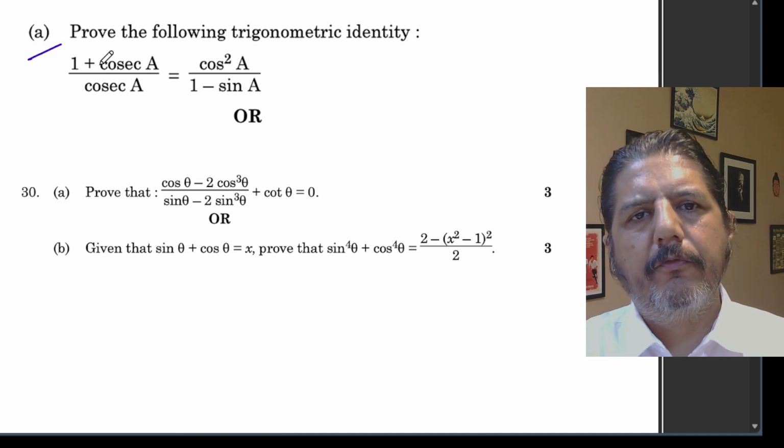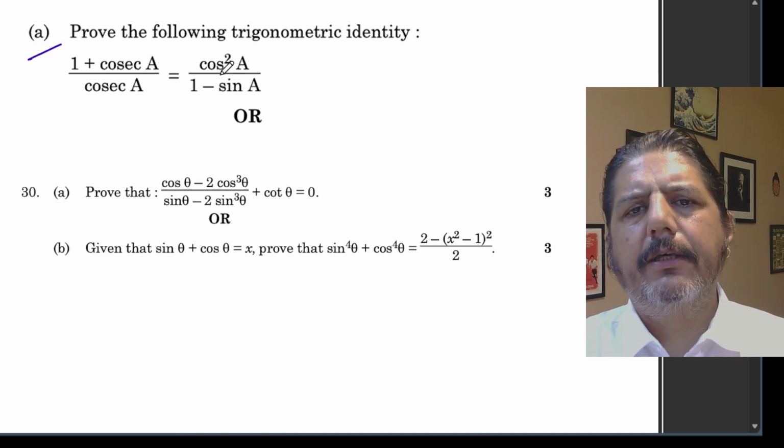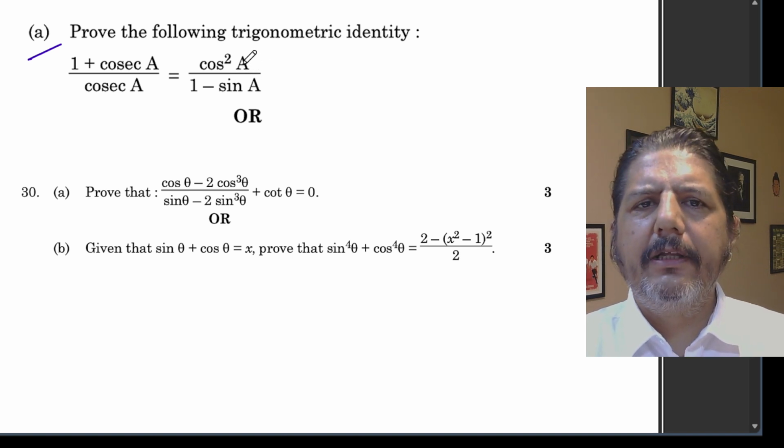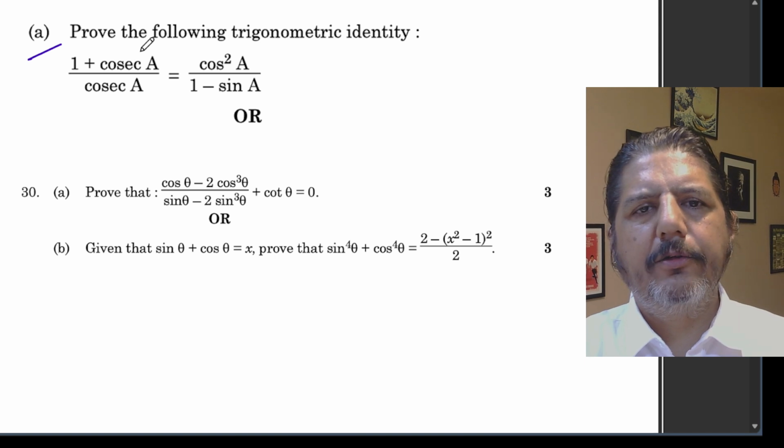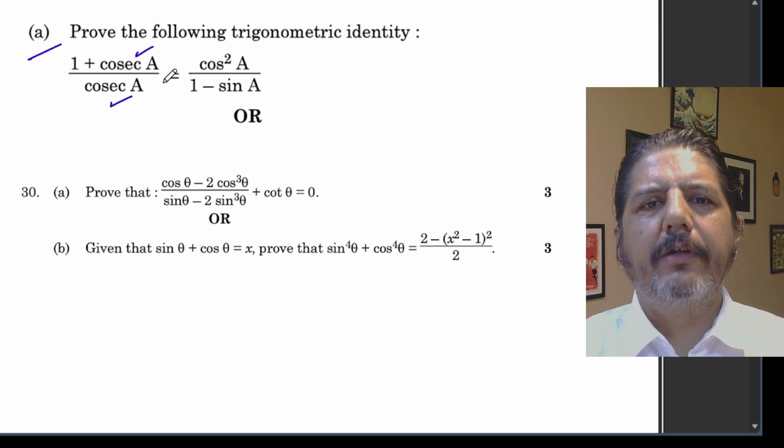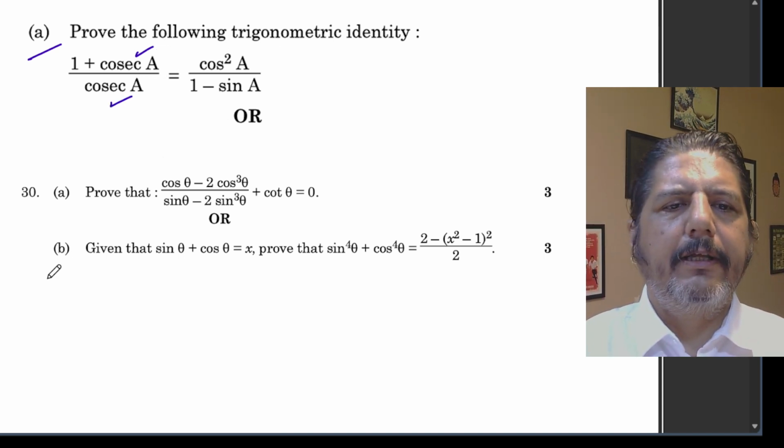So next question: (1 plus cosec A) upon cosec A is equal to cos square A upon (1 minus sin A). A fairly easy question. So all that I need to do is convert this cosec A as 1 upon sin A. Cosec A is 1 upon sin A. So if I take the left hand side,